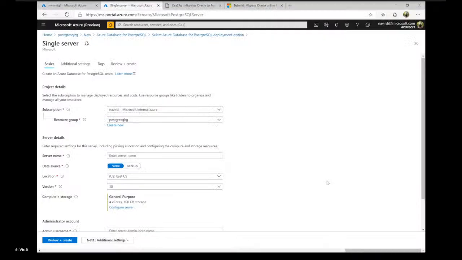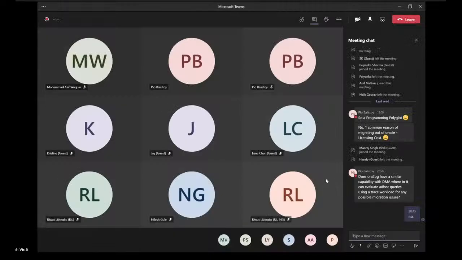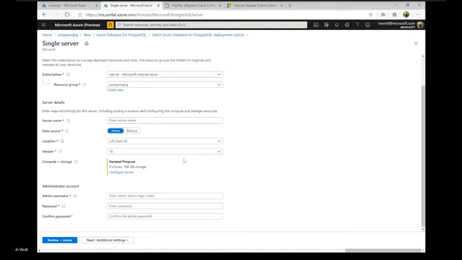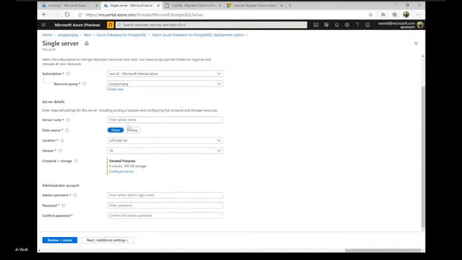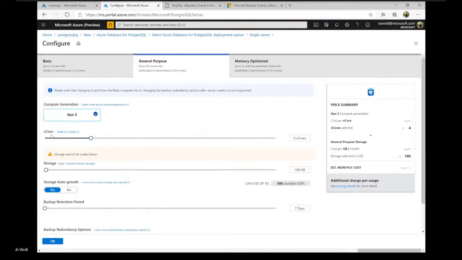Okay. No, there are no other questions. So let's go to the creation of the Postgres, right? So here you can specify what version of Postgres you want to create, what is the configuration of the server. For example, how many vCores do you want? So there are multiple SKUs available. You can go to general purpose, memory optimized. You can have multiple